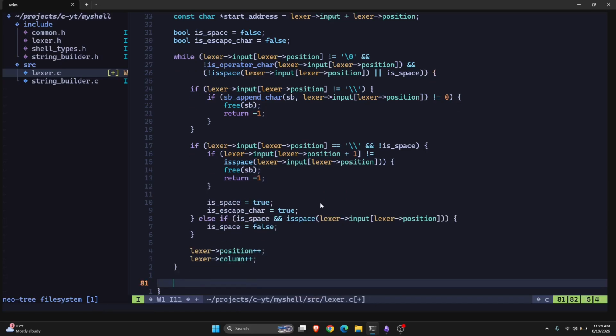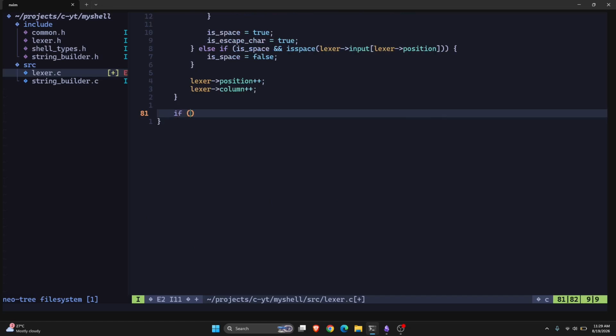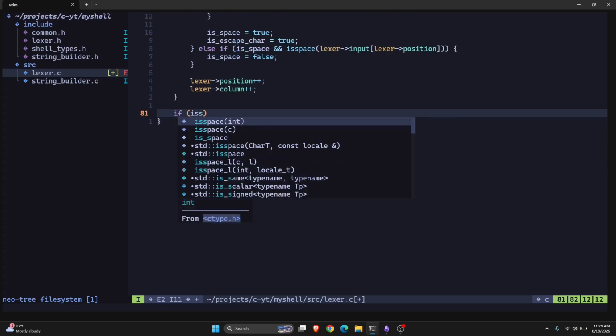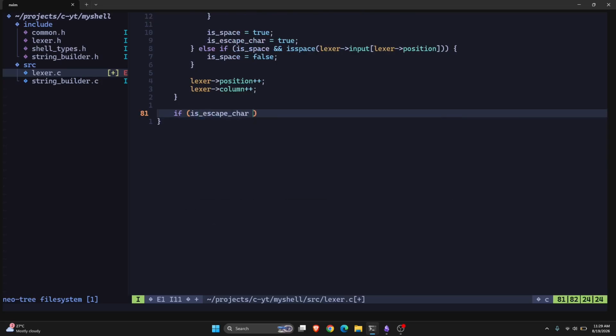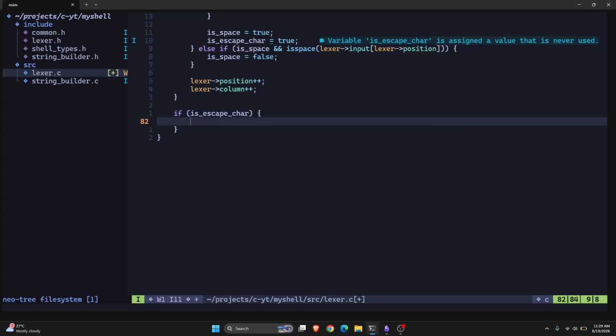After that, we have to check if is escape character is true, then we have got an escape character inside our command. So in that case, the length is going to be different, and the text is also going to be different. So for that reason,